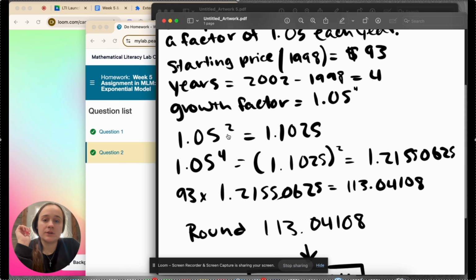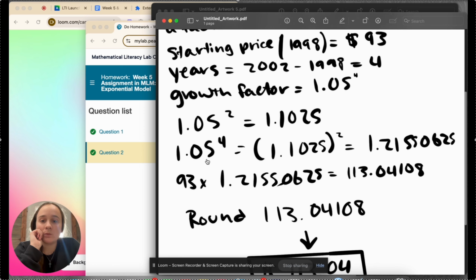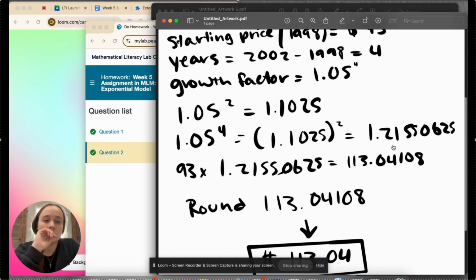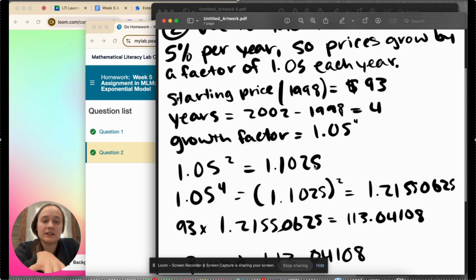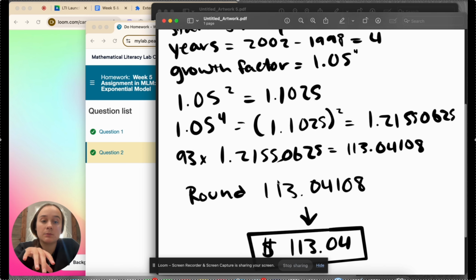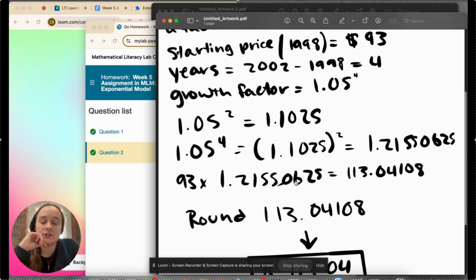So you do 1.05 to the second power, which would be 1.1025, and then you would want to find 1.05 to the fourth power, which would be equal to 1.21550625. And then, since the starting price is $93, you would want to multiply the $93 times 1.21550625, and you would get